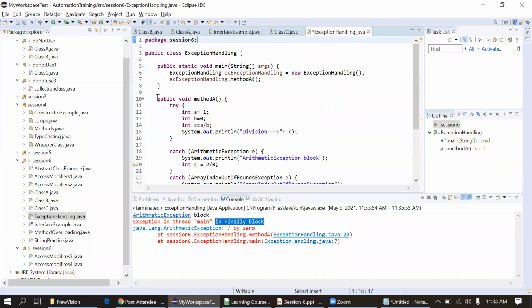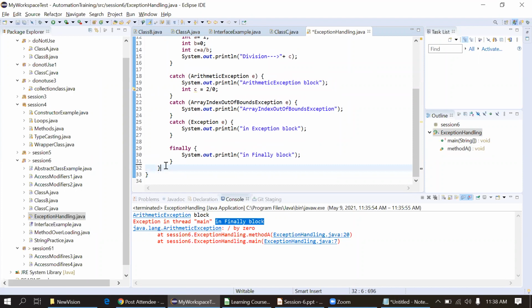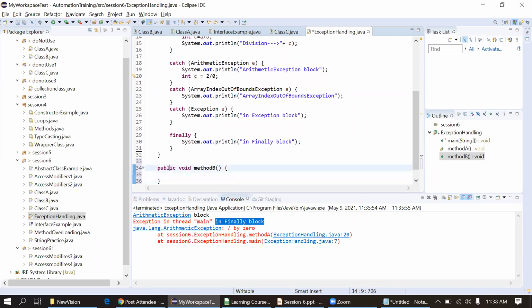This is method A. I will write method B. Writing some code here, putting some lines of code here.